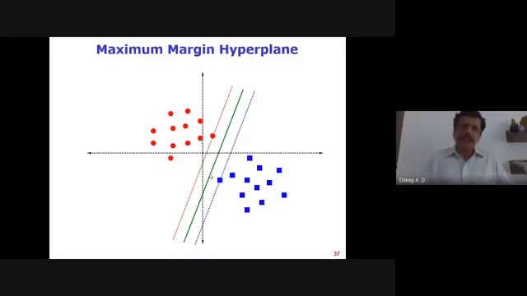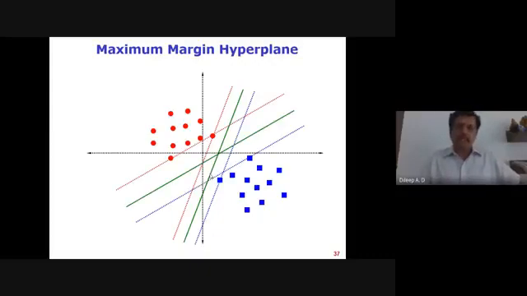That's a margin here. Okay, now what I want here is to have the separating hyperplane such that I define the margin. Now there's one more catch. Consider this another separating hyperplane, which is also present in the region of separation of these two classes, with the dotted red and blue lines indicating the corresponding margins. Now among these two, which one has the maximum margin? Obviously the second one, right? Obviously the second one has the maximum margin.